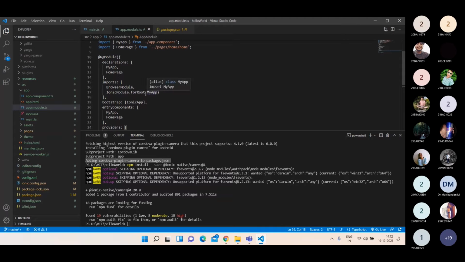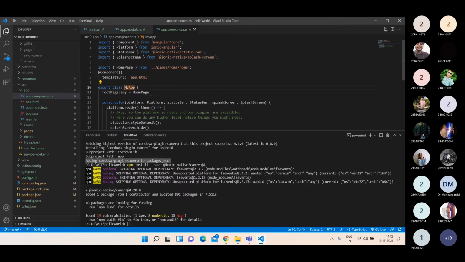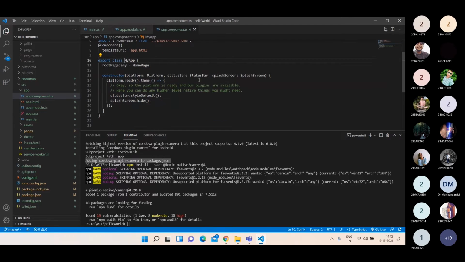And from here, you are providing the root component. Which root component do I want to use? The root component will be the app.component. Inside the app.component, you will be having the constructor. So have you heard about constructor in any object-oriented programming? Yes, sir. What does a constructor actually do? Why do you need a constructor? Sir, for initializing the object, sir. Exactly.